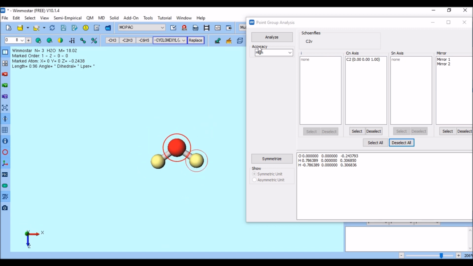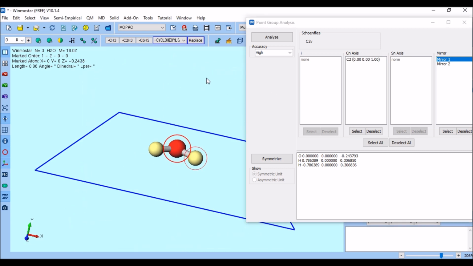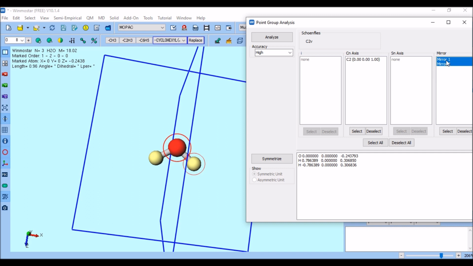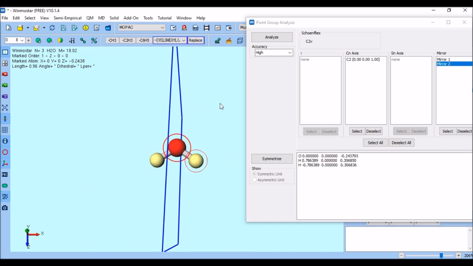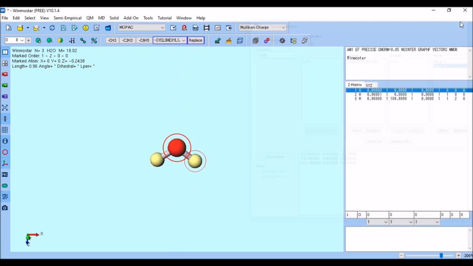Okay. So there is no center of symmetry in water, so leave it. We have Cn. We have one C2 axis. So you can see it is passing through the oxygen atom. And no alternate axis of symmetry, leave it. We have 2 mirror planes. Sigma v1 is displayed over here. Yeah, you can see it. Then you have the sigma v2. Yes, so we have only 3 symmetry elements in the water molecule with a C2v point group which is displayed over here. Thank you.